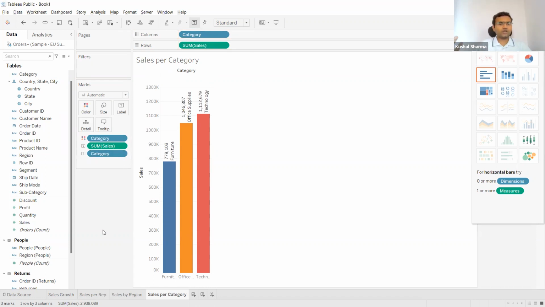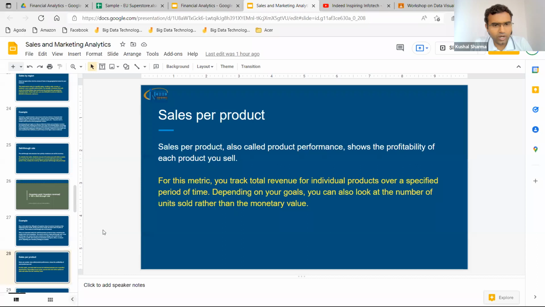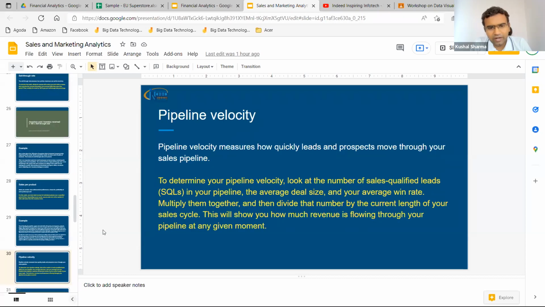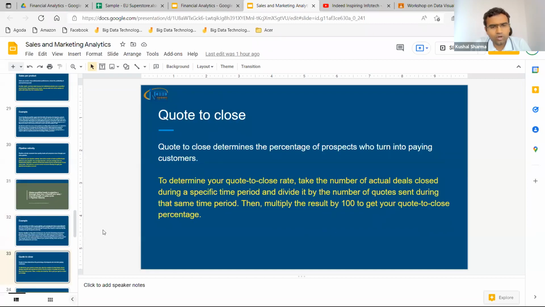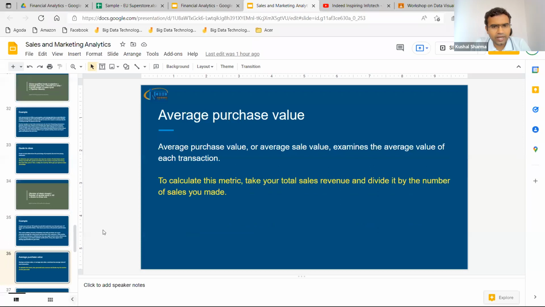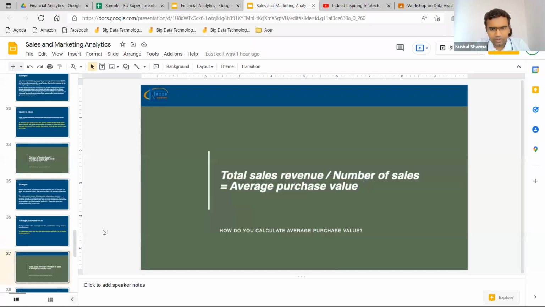Okay, just to add one more, let me cross-check if I can do pipeline velocity. Here I can't do that, it is not there. And quote to close is not there. And average purchase value, total sales, number of sales. So okay, average purchase value we can draw. So total sales revenue divided by number of sales. So this we can have,